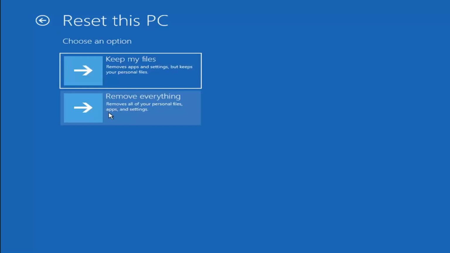So this is more of a factory reset, the second option here. First option, it should not delete all of your personal files. However, it will pretty much clear most of your programs. And keep in mind, there's no guarantee that your information, number one, is even still available and easily recoverable on